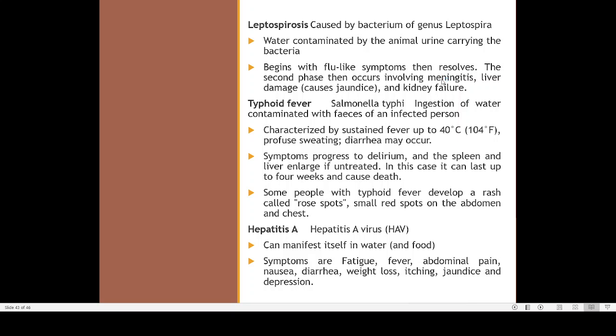Meningitis means the brain has an outer membrane known as meninges, and that membrane is sometimes having an inflammation or swelling. That inflammation or swelling of the outer brain membrane is known as meningitis. Then liver damage can happen, and that will be visible as jaundice or yellowing of our eye, skin, etc. Then kidney failure can also happen. So that is why leptospirosis can be a very dangerous disease, because it can lead to kidney damage, and it can also lead to liver damage. So this is the problem.